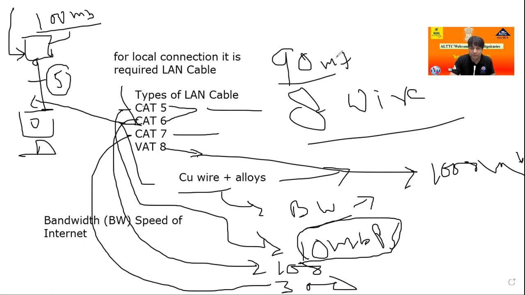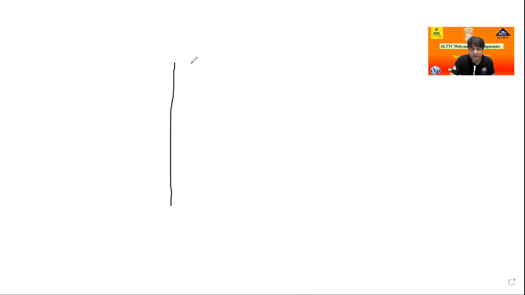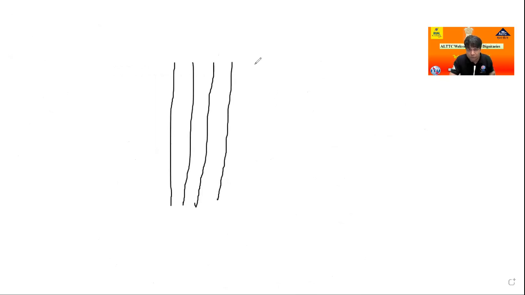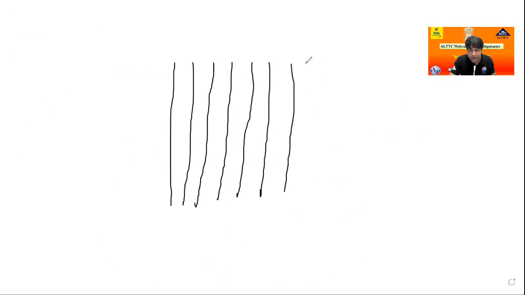Now more specifications. It doesn't matter what the color of this cable is. If you go to books or Google, it shows a lot of confusion. I keep it very simple: see how many wires are in this cable. There are 8 wires. Just remove the jacket and put them in the sequence 1, 2, 3, 4, 5, 6, 7, and 8.